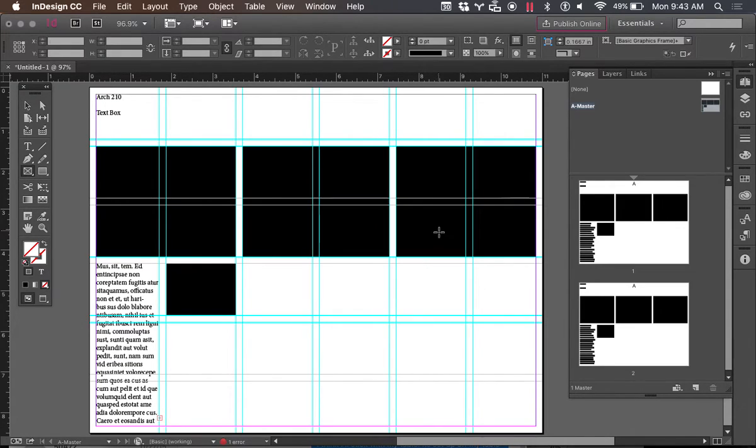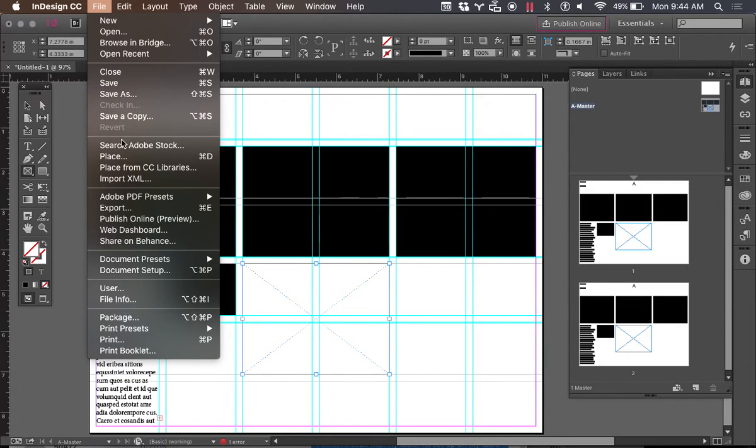And these content boxes basically are agnostic about what they are. They can be a text box or they can be a graphic box by just what you put into them. So if I click on the type tool and click into that and click there, then it's going to become a text box. But what I want to show you is how we get images in here. So we'll go to File, Place,